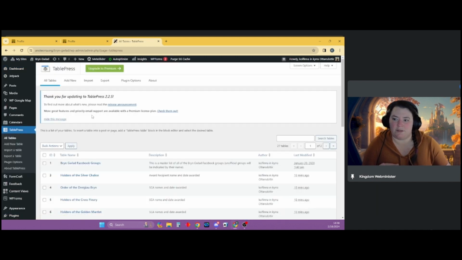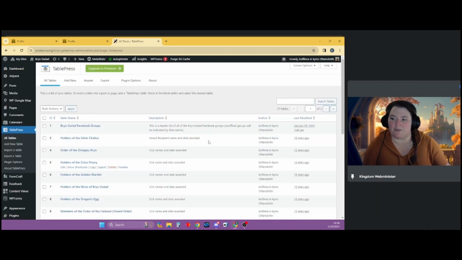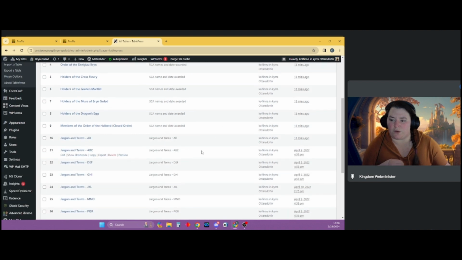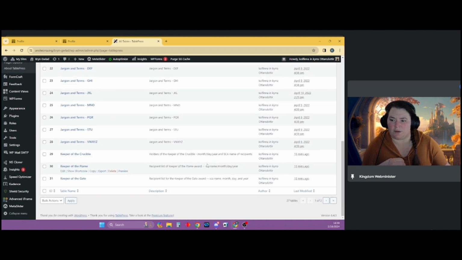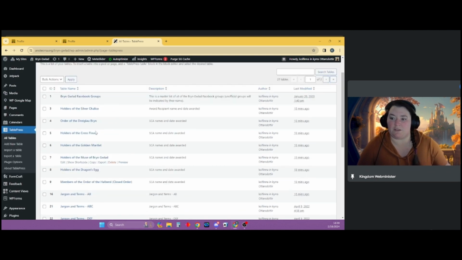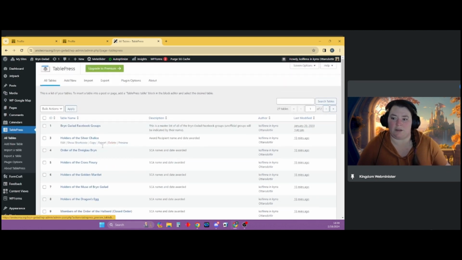TablePress. This is when you click on the plugin. This is what the dashboard looks like. Now, the Bringelad site has a lot of tables. You can see I created a bunch of these that we use to display our different awards for our local OP. There's some old tables for jargon. We now actually have kingdom level jargon, and so these were the original tables when I was developing at the baronial level. But basically, you can see these are all the different tables that are in the